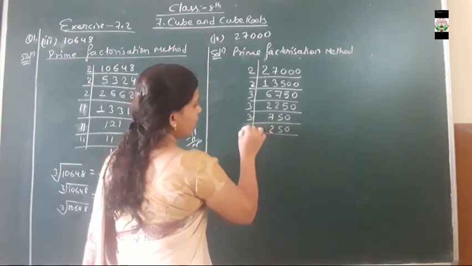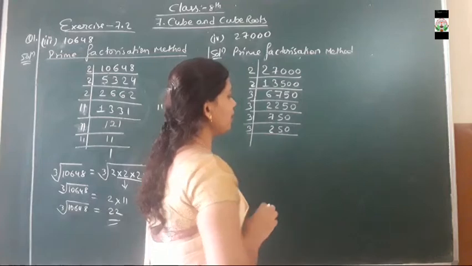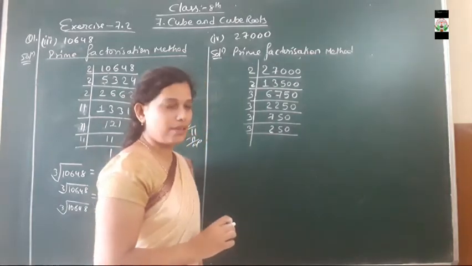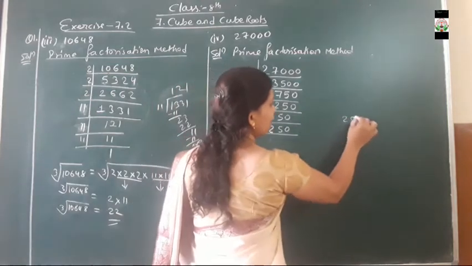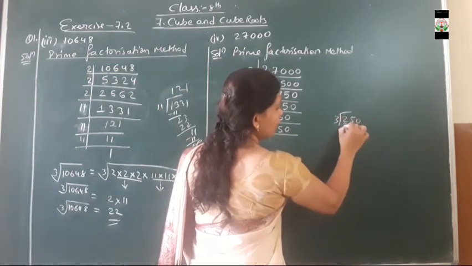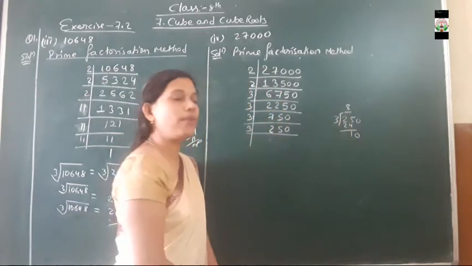Now again by 3, 24 comes how many times in table? 21, 22, 23, 24. It comes 8 times. 1 is there. See, 250 divided by 3. 24 comes 8 times. Now 10. Whether 10 comes in the table of 3.